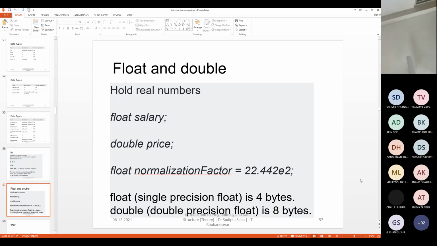Float and double, that you know already. Float and double both can represent floating point numbers, like the decimal fractions. All these things can be represented by both float and double. But the difference is that double is more precise. Float is also known as a single precision number, it can represent a single precision fractional part, and double is basically a double precision number. So definitely, if you have more digits after the decimal point, then you can represent them using double. Float will not be enough for us after a certain quantity of fractional part.